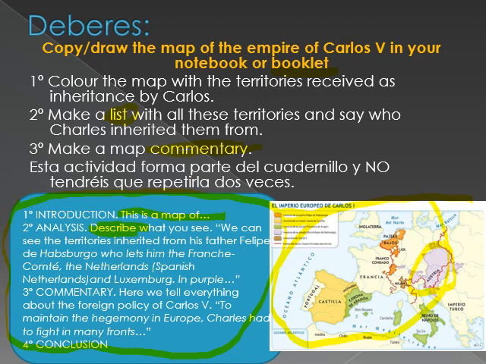Then, in the commentary, you are going to tell everything about the foreign policy of Charles V that we already studied. We just talked about. You're going to start the sentence doing something like, to maintain the